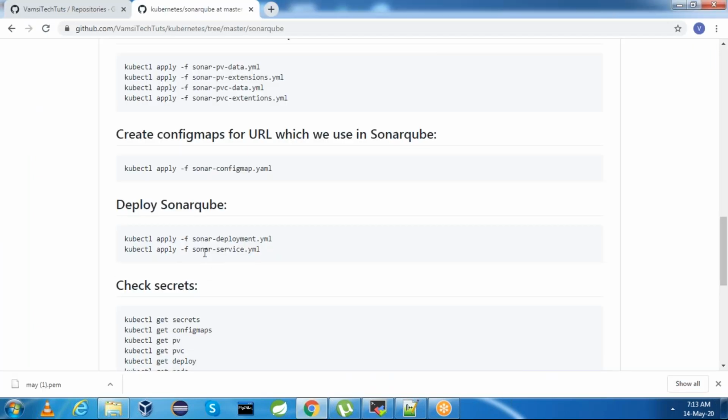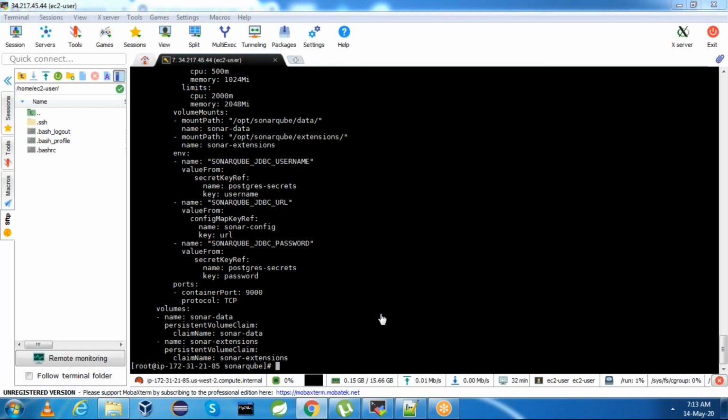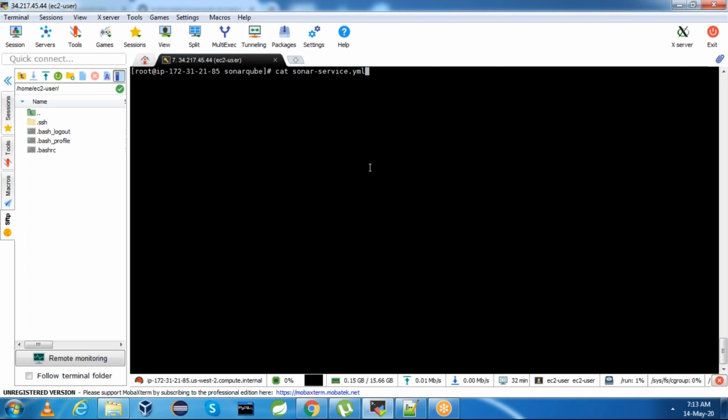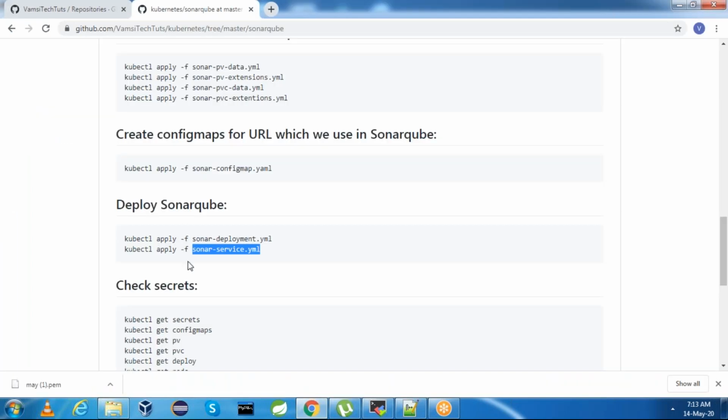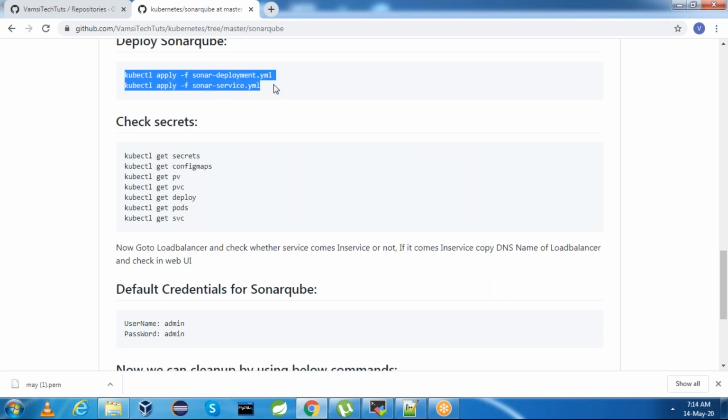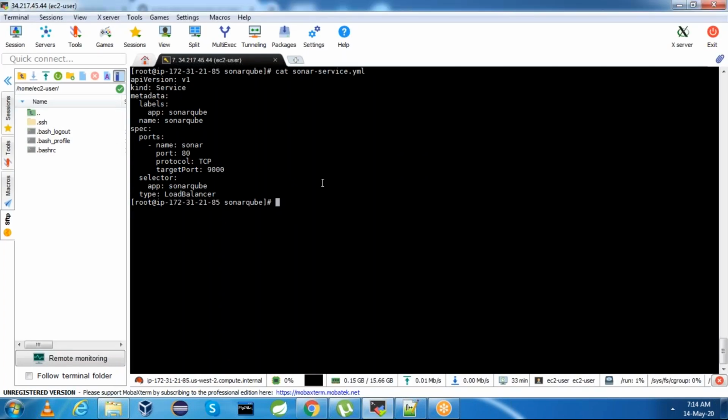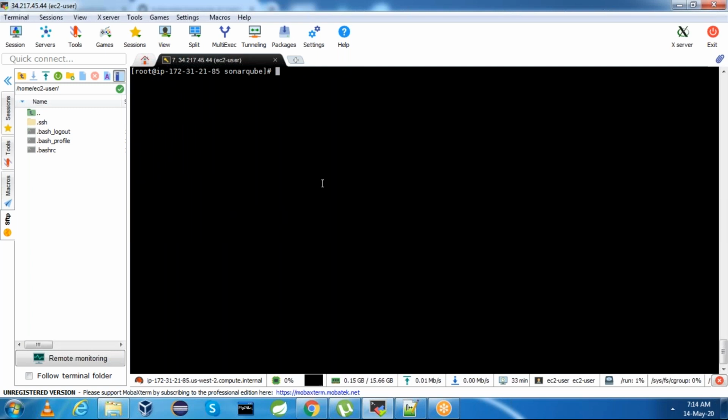Now the second thing is the Sonar service, right? Once we have the deployment, if you want to access the deployment, you need to expose it as a service. I am exposing it as a LoadBalancer. The target port is 9000. I am redirecting it to 80, so that once we have the deployment up and running, and we expose that deployment as a service, we can access the load balancer URL and connect to SonarQube. Let me execute the deployment and service as well. Done. Now we executed the SonarQube deployment and service.